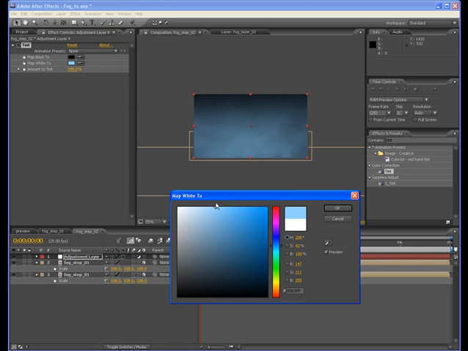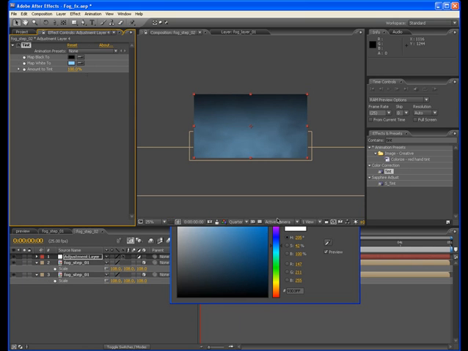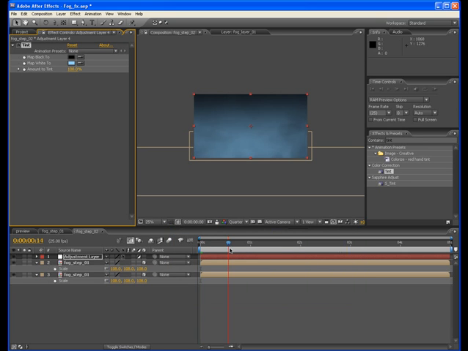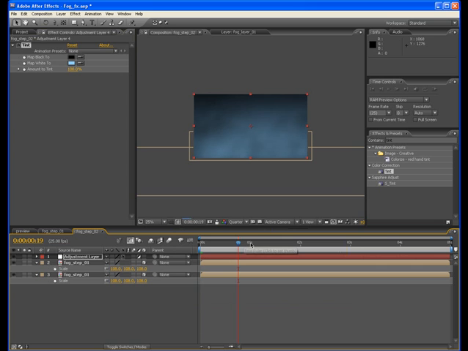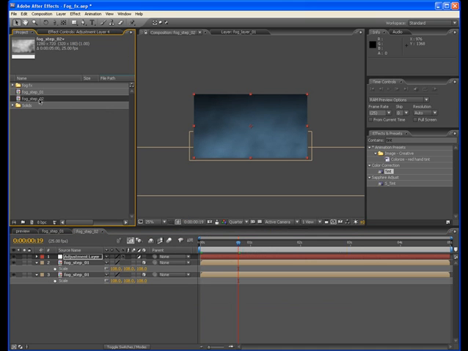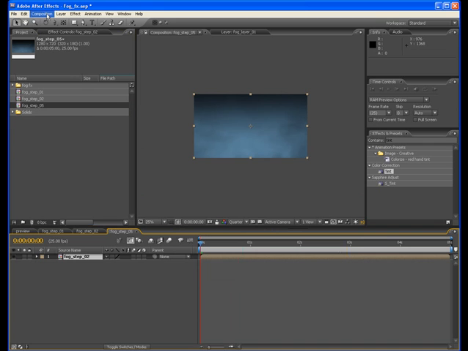Okay, or you can choose whatever color you like to have. Okay, so this is fog step 02, and let's bring down this fog step 02 new composition, and